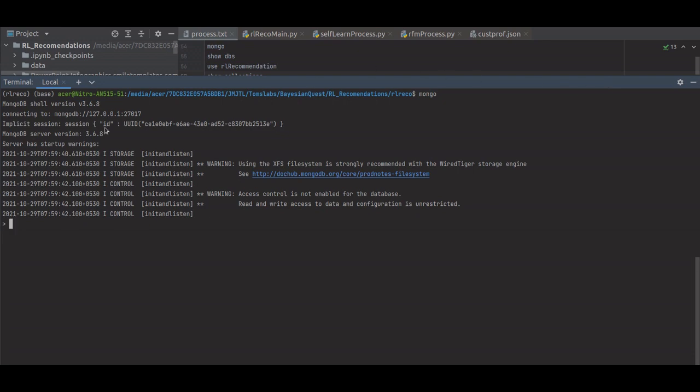Once that command is invoked, you will see that the MongoDB shell is initialized.